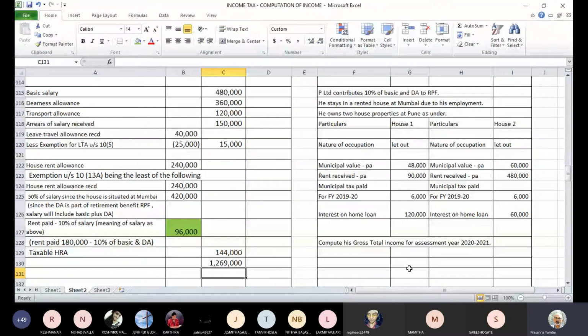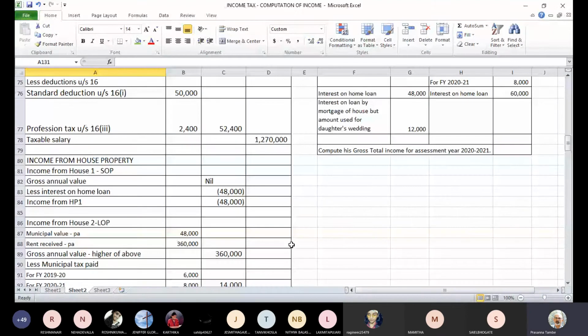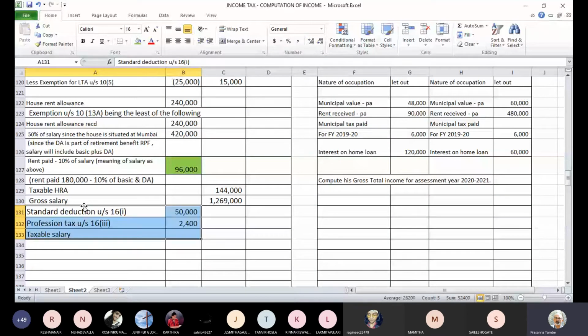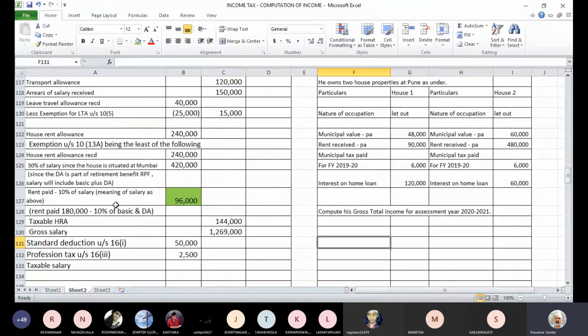Then we have to claim two deductions. One is standard deduction. The second one is a profession tax, which will remain the same as in the earlier questions. The profession tax is 2,500, given here separately, that he has paid. His salary has been subject to deduction of profession tax of 2,500. So these two deductions,